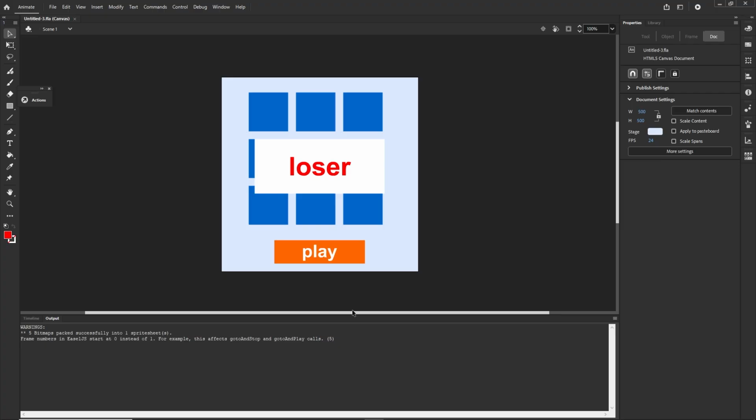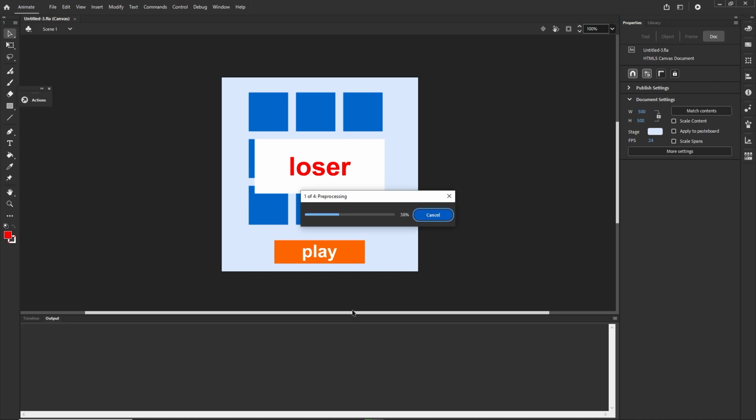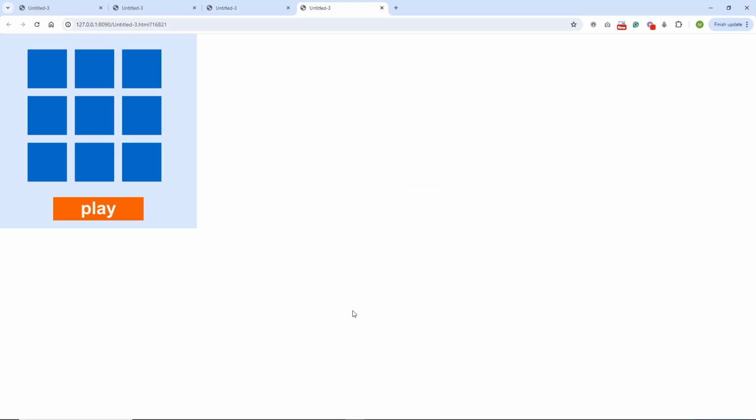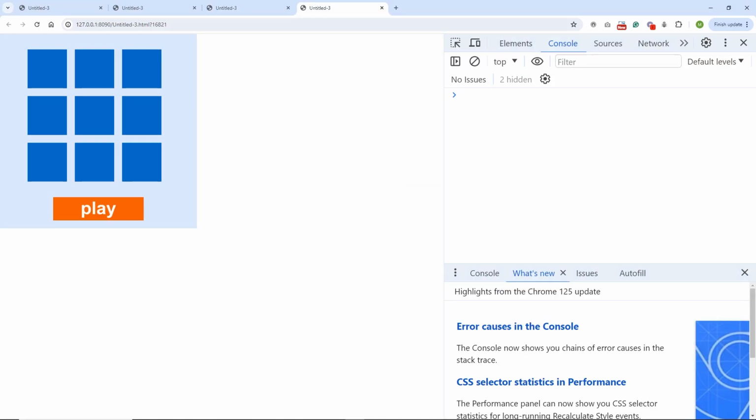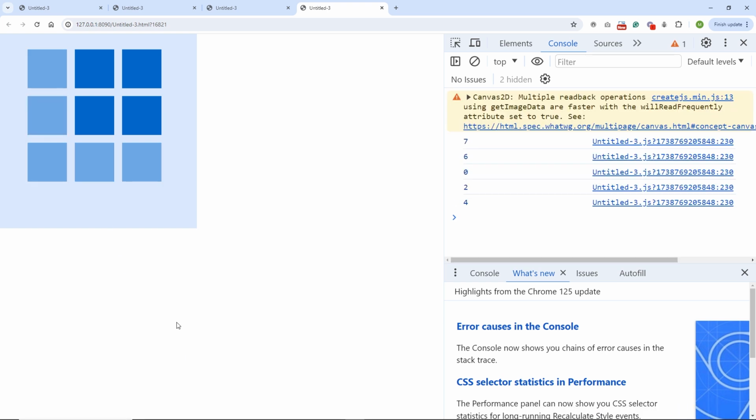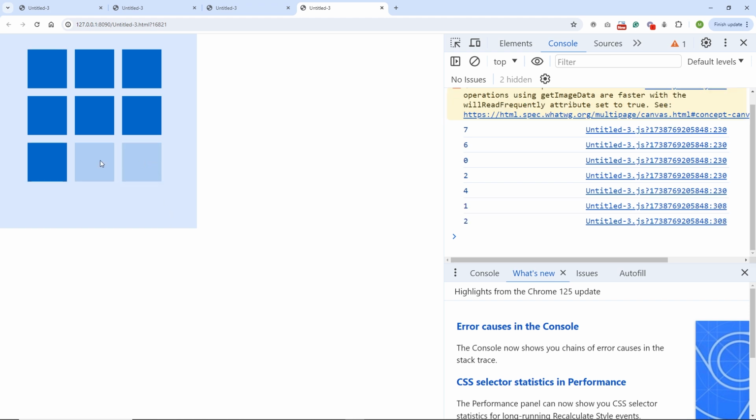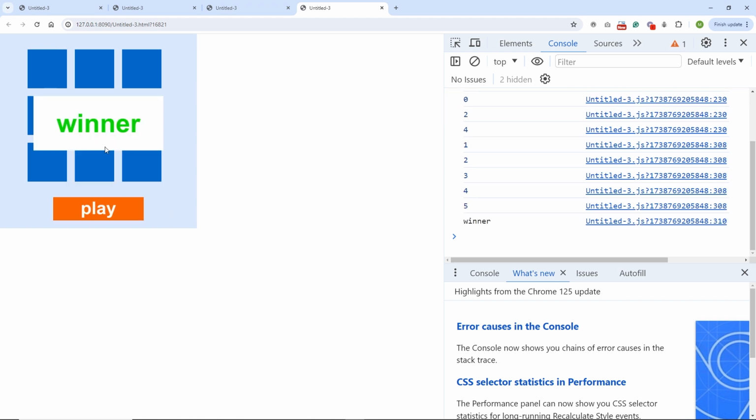Okay, so right now I am in the Adobe Animate and I will show you what we have so far. So I will go with Ctrl Enter, Command Enter. I am going to open my console, and if I am going to click play, I am going to have 5 shapes selected like so. Right now I cannot click anything, and if I am going to click the correct shapes, I am going to have text winner,